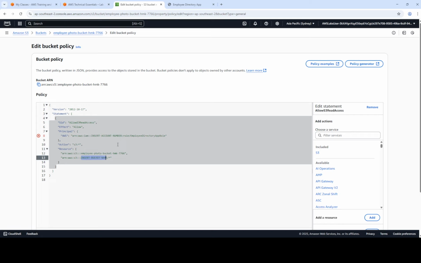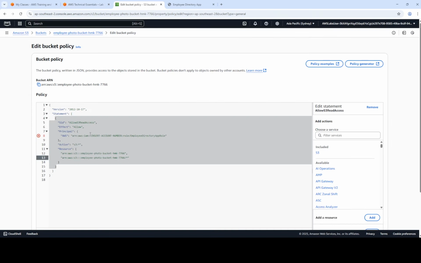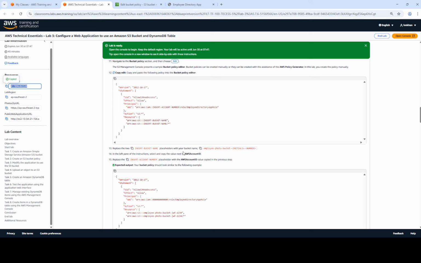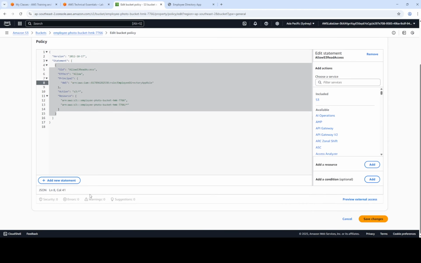And here also. And the same, that is insert account number. Here we can have this account number, this account number. So we have to copy, and then we are going to change the account number, right? Then we have to save changes, and